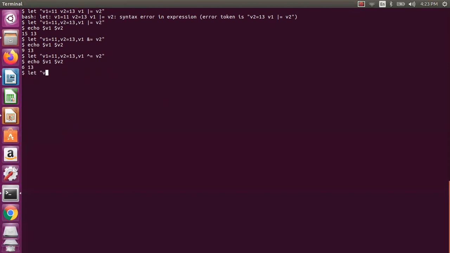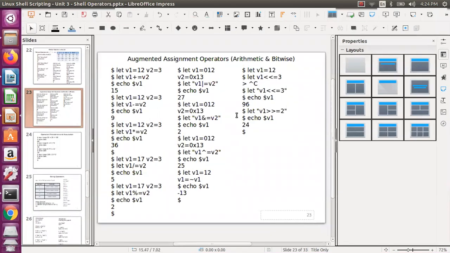Okay, so now let us check the left shift and right shift. I take v1 equal to 10, and I am storing it in v1 only. So left shift 2 times, right? Echo $v1, so that will be 40. And if you right shift, now I am reassigning v1 to 10, otherwise it will take 40 only. So you can do it in two steps or one step, whatever is convenient for you, whatever method you can use.